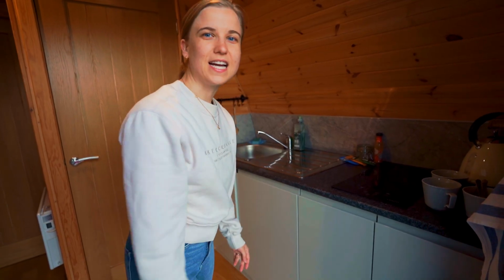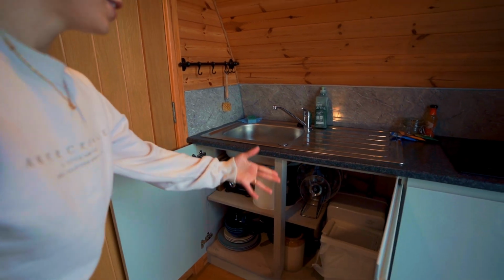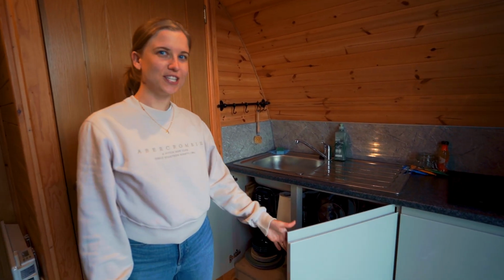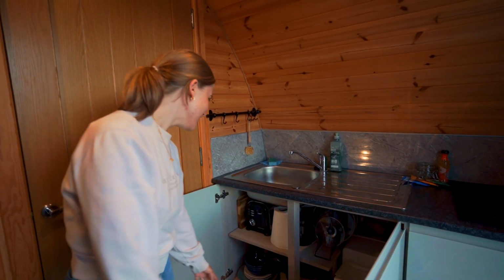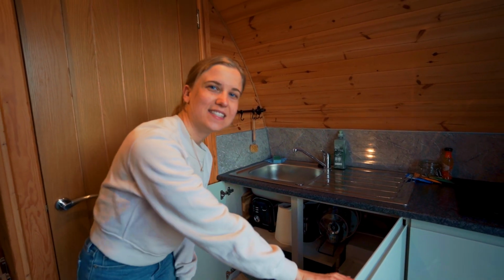This pod is also very eco-friendly. There's 1 bin for recycling and 1 bin for general waste. And here we have some more supplies you might need during your stay to make you comfortable, such as a toaster, crockery, pots and pans, etc. Behind me we have room number 1,